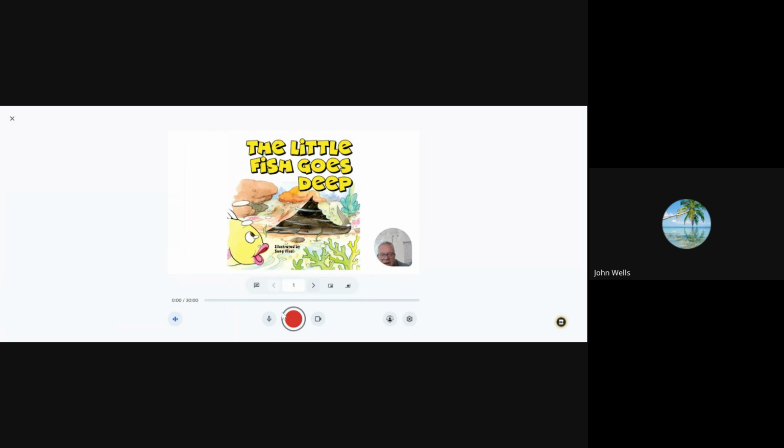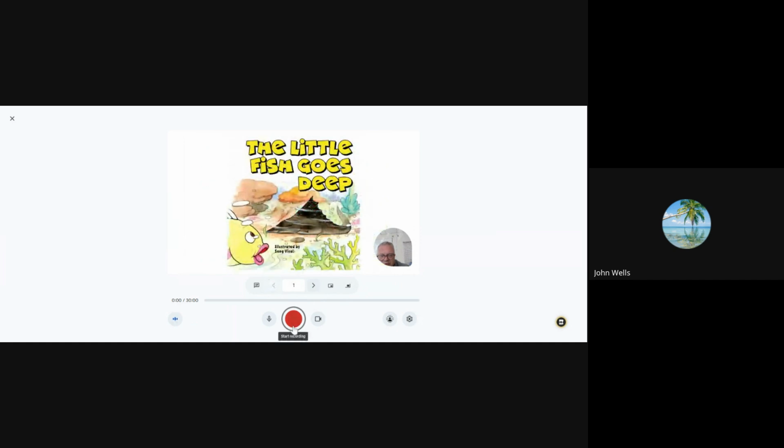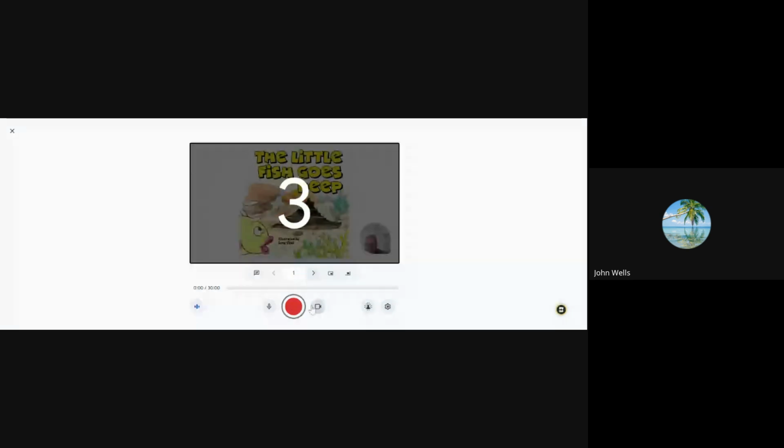When you're ready to go, you can preview it by clicking through your arrows. You'll also be able to use those arrows during the recording. That'll get you through your slides. And you're just going to hit start record. Once you do that, it's going to ask you to allow it to see tabs. Again, you hit allow. Once you do that, you're going to get a countdown, 3, 2, 1, and off the